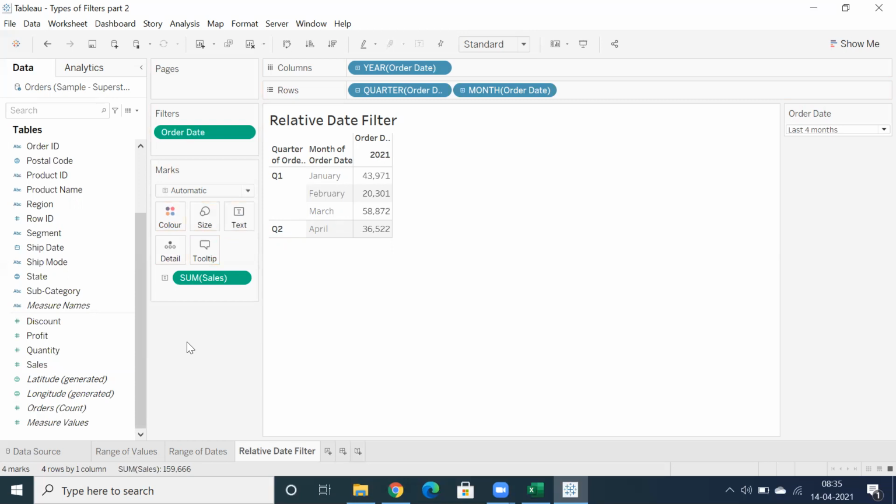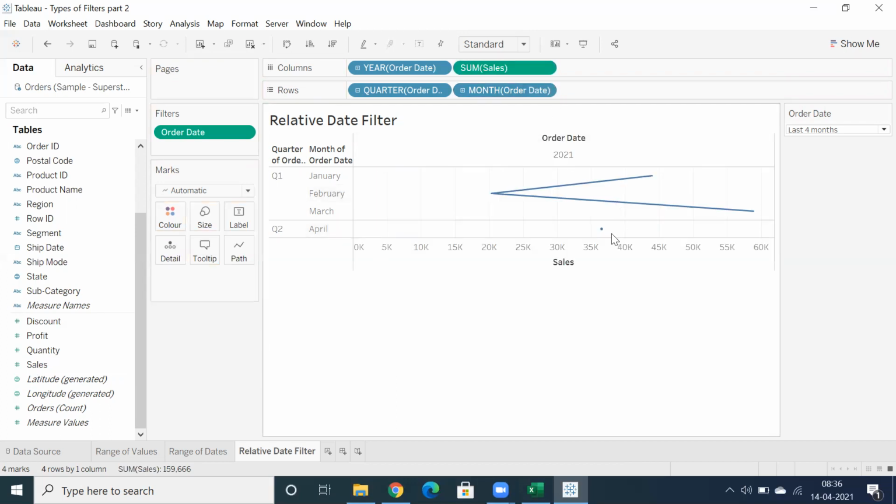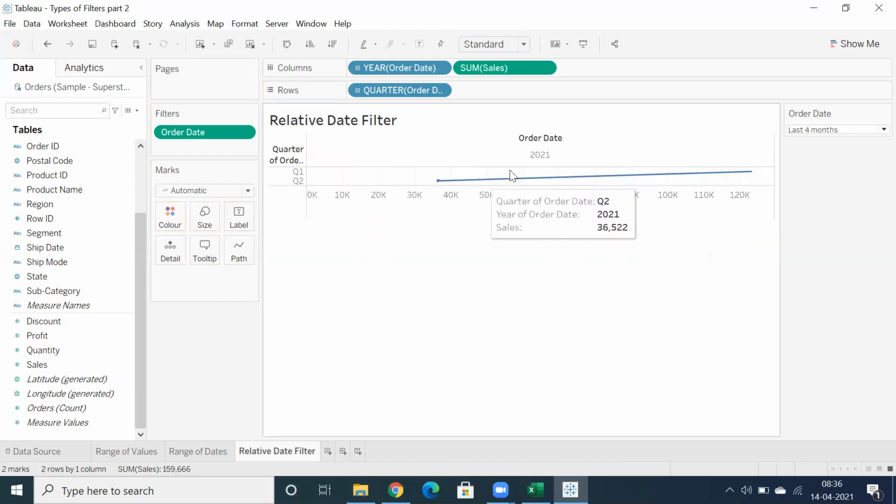My question is, how do you know what to drag into rows, what to drag into columns, and what to double click? No, as I said, you'll get the requirement, but you need to know how Tableau works. When you double click, where it is placing, or if you drag and drop manually into columns, how it is behaving, what kind of graph we are displaying. By default, we are getting a line graph.